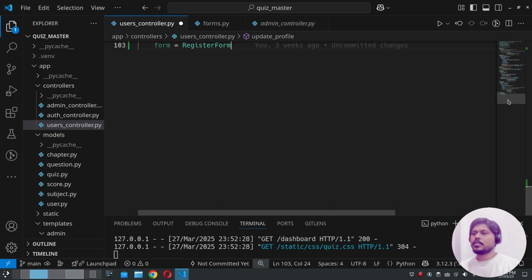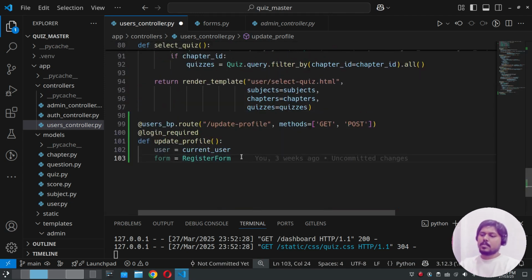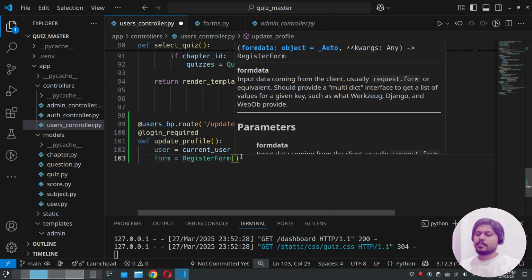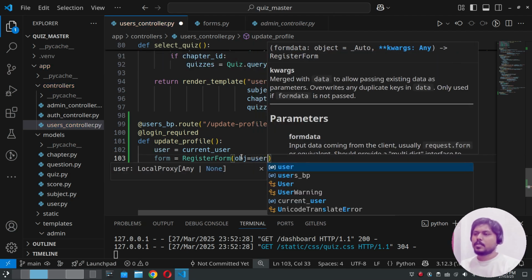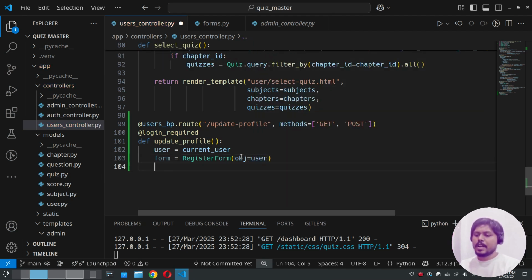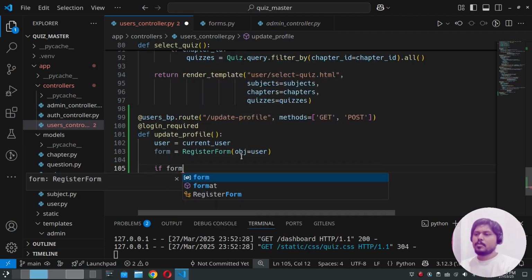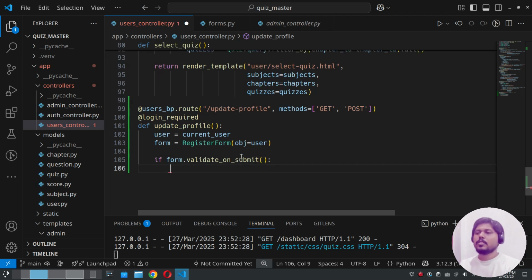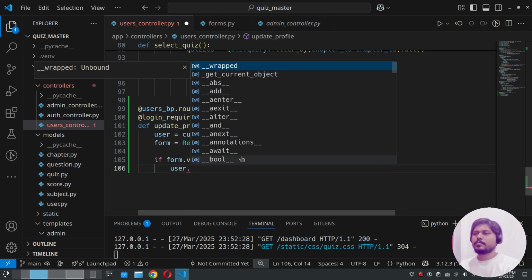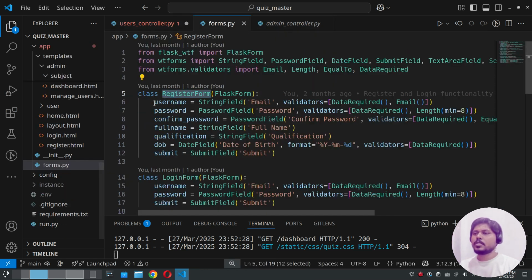Then in the update profile, the register form will be initialized with the obj as user, and then what we have to do: if form dot validate on submit, we have to update the user values with the form details. So user dot, how many fields are there in the user, just copy all these, or